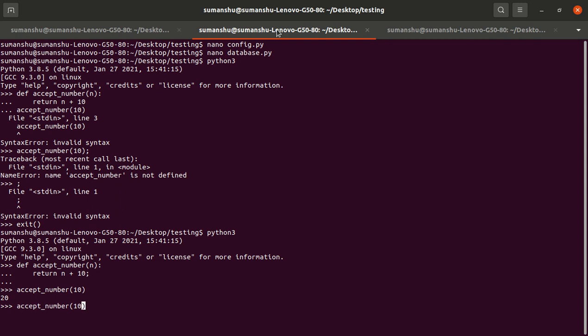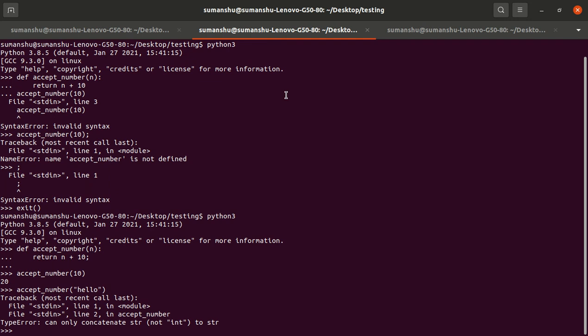Now it returns some number. But if we pass hello, a string, it will give us a type error, like we can't concatenate a string with an integer.